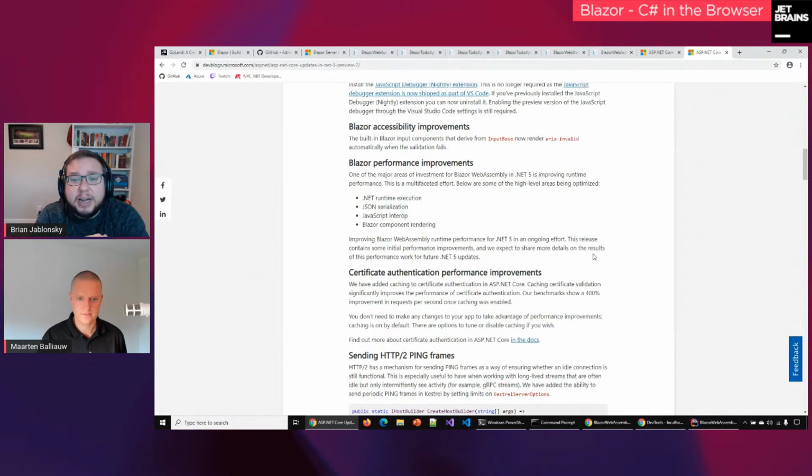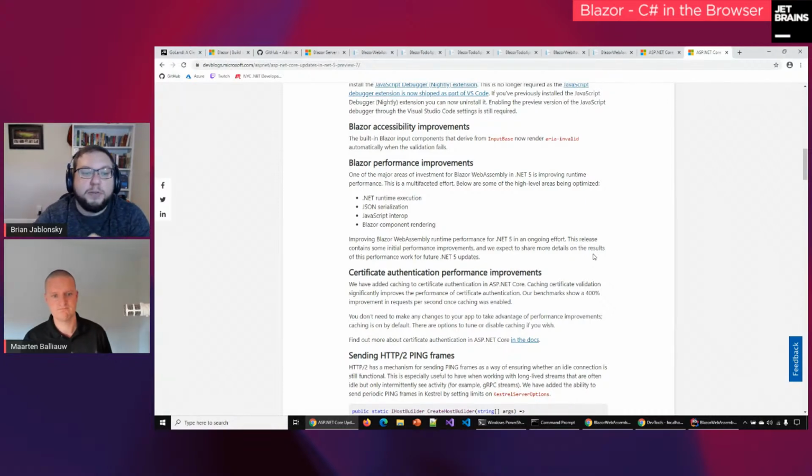But as compensation for not releasing ahead of time compilation, they got the general availability done in May for Blazor WebAssembly. Now they're really focusing on improvements and doing a lot of great little enhancements here and there. They got the core functionality up and running, and now they want to push it and improve things. You can see the component rendering, the JavaScript interop and the serialization improvements.